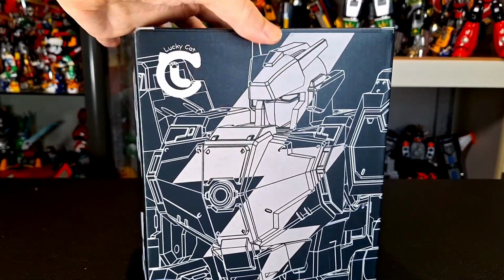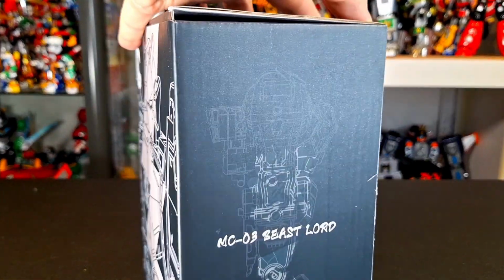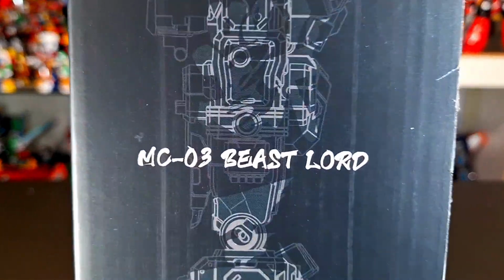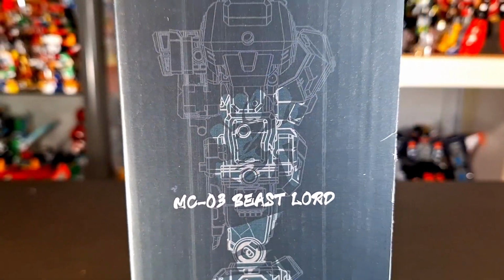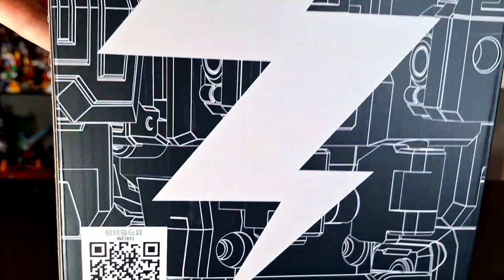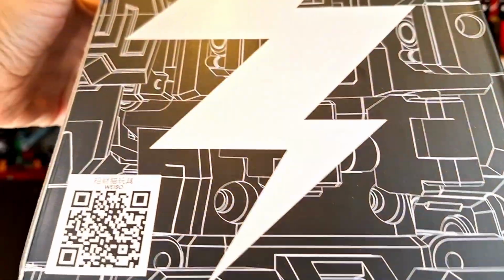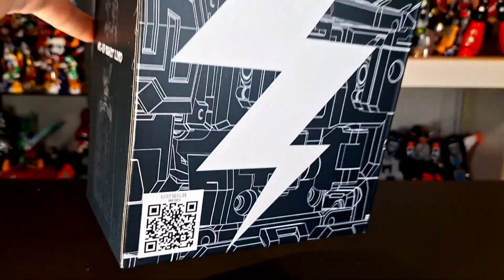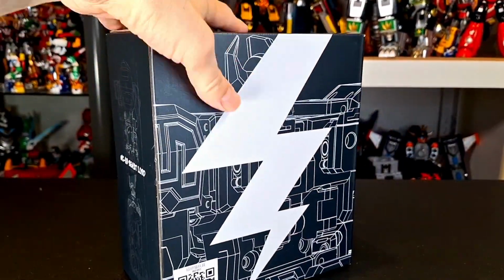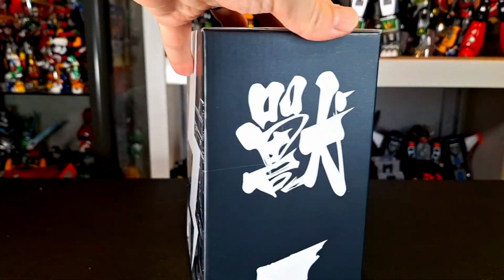What up, folks? I'm ultrazillatoys, and today I have a review of the Lucky Cat MC03 Microcosmos 03 Beast Lord, which is the Megazord, the Mighty Morphin Power Rangers Megazord, Daizujin, whatever you want to call him. He's a Wibio for Lucky Cat, if you care. But what this is